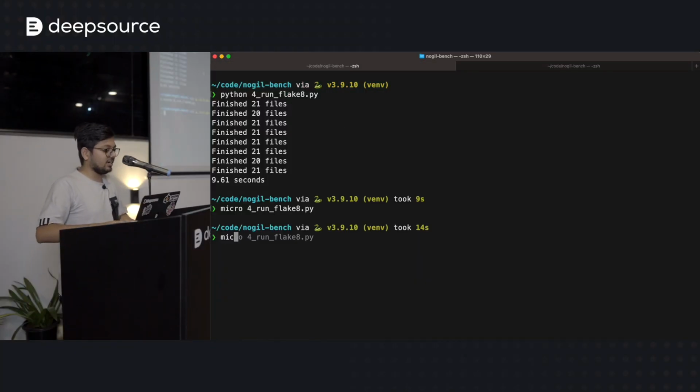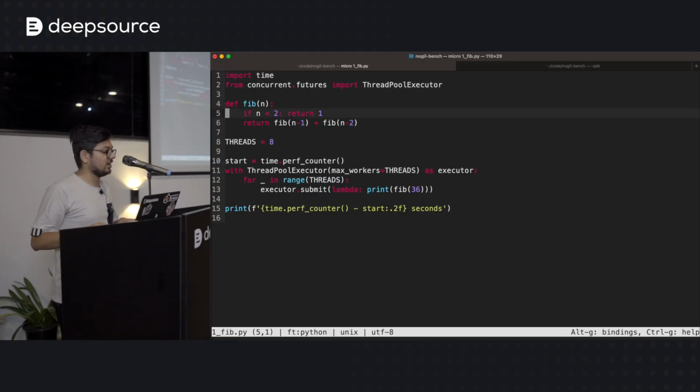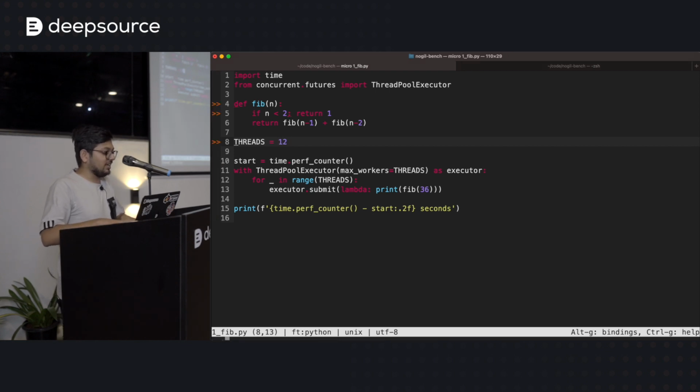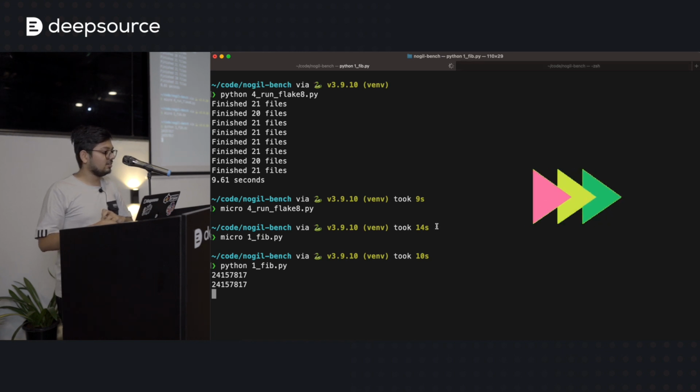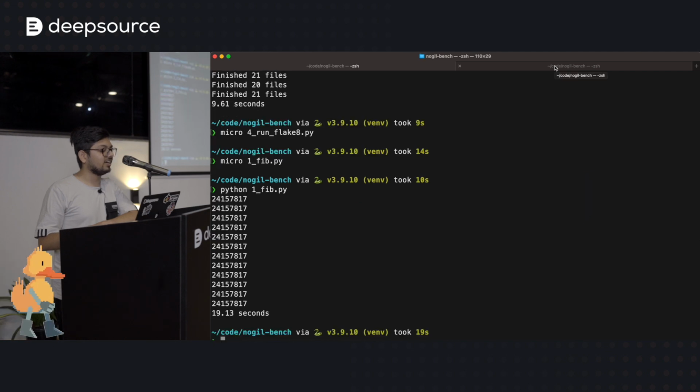The question here was that the Fibonacci code was about 8 times faster by using 8 threads. So why not use 12 threads and make it 12 times faster, right? So let's actually try that, because why not? That's going to take a long time. It's going to take about 20 seconds on the Python with the GIL. Okay, 19 seconds.